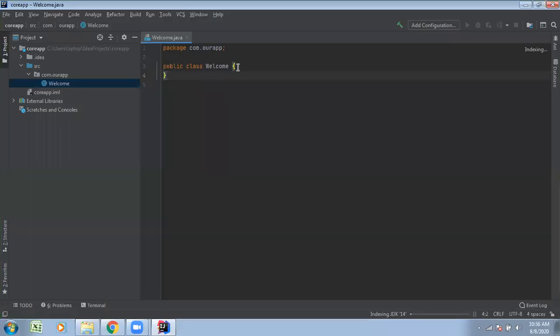Observe here, public class Welcome is created. There I want to write the main method: public static void main, String[] args. The main method is for starting the program execution.